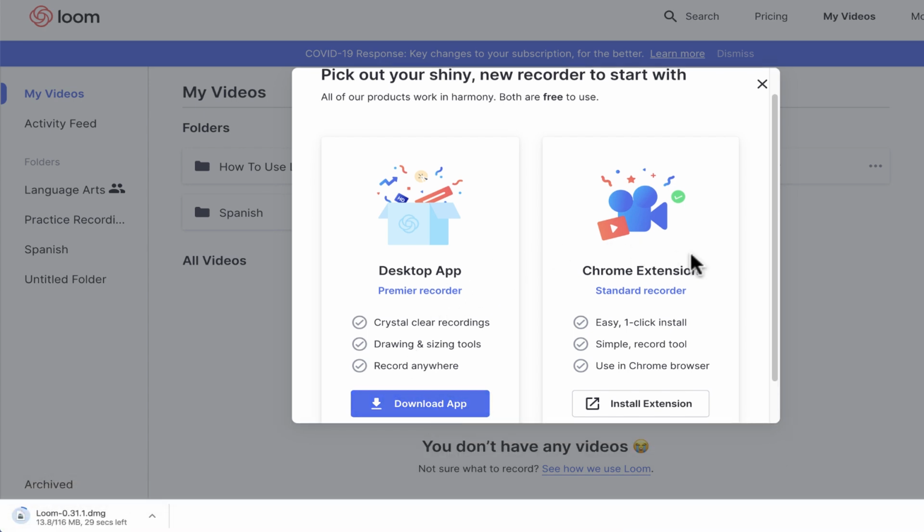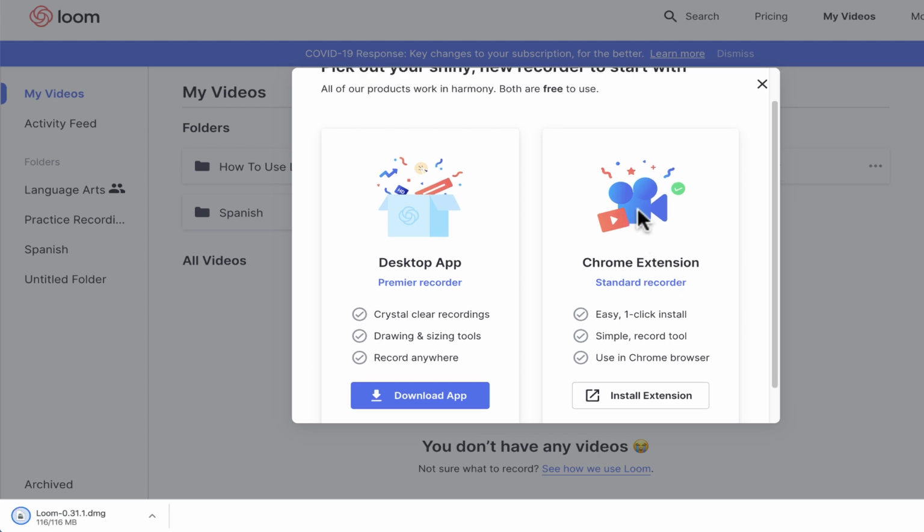But in the meantime, let's look at a second option. And this option is a little simpler, a little quicker, a little easier than the desktop app option. Sometimes having a full-featured software tool is overkill, and you just need a simple way to record your screen. So if that's the case, you might want to install the Google Chrome extension for Loom. In my case, I want both options.